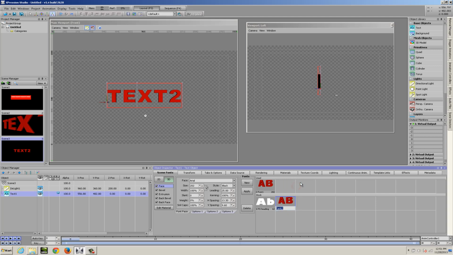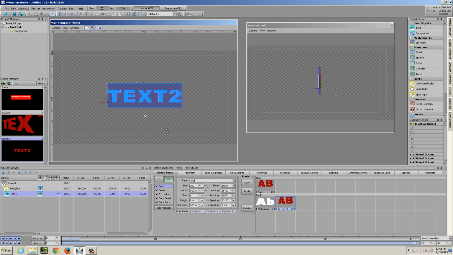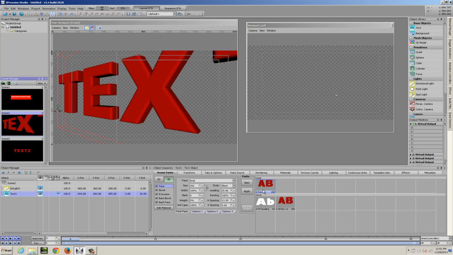And let's call this 3D Font V2. And we'll select our text object, and first, in order to change the font style that we're using, we have to select the characters. So I've just activated the I-bar, and I hit Control-A on the keyboard to select all, and then I'll double-click on this font style, and it'll apply it to this text. Now, we really don't see anything change because they're the same. These two fonts look the same, but you'll now see in the Used category, I have 3D Font V2 being used on this text object, whereas in Scene 2, I have Font 1 in use.